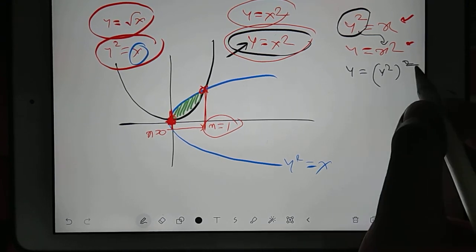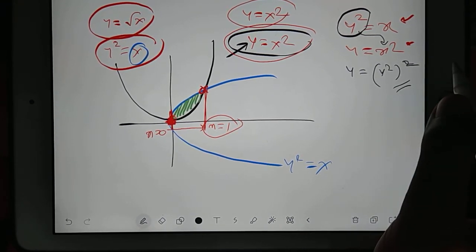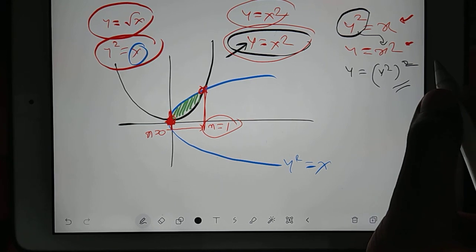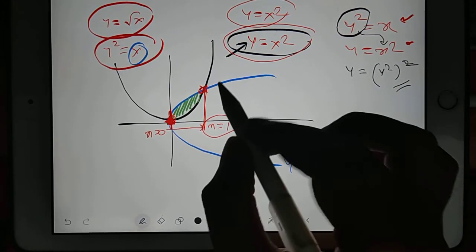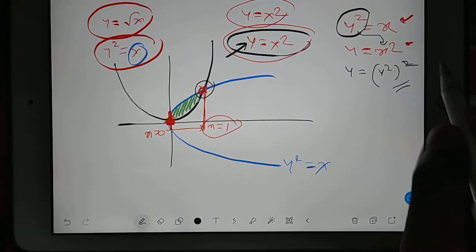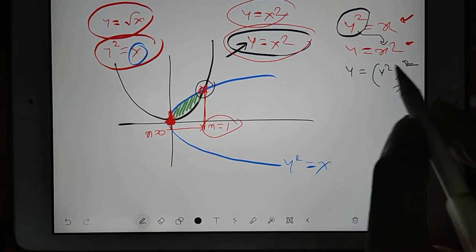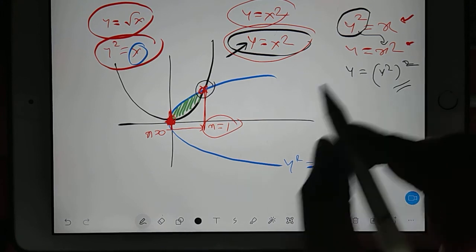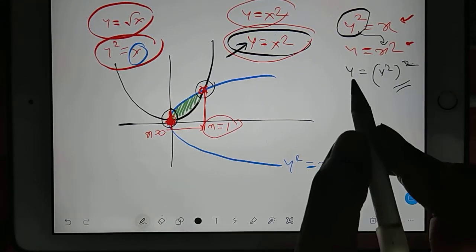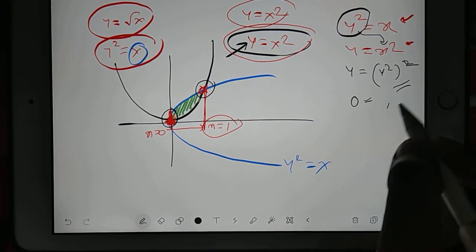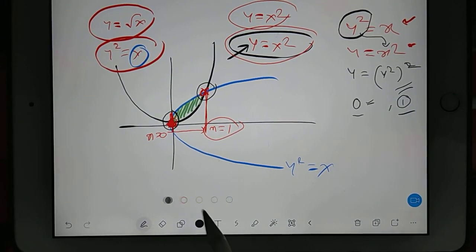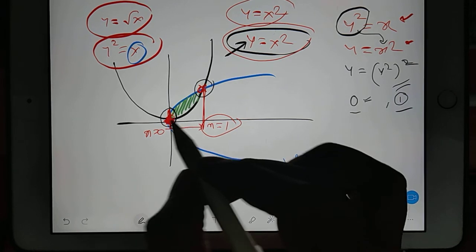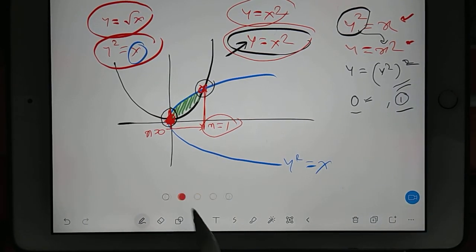So then you can find out this is valid for which equation? Y is equal to 1 or y is equal to minus 1 or something. So see, you can see here we are getting in first quadrant, and one more intersection point is here. So for 0 also it is satisfied and for 1 also it is satisfied. Okay. So anyway, my point is this area, this coordinate, I mean which coordinate?